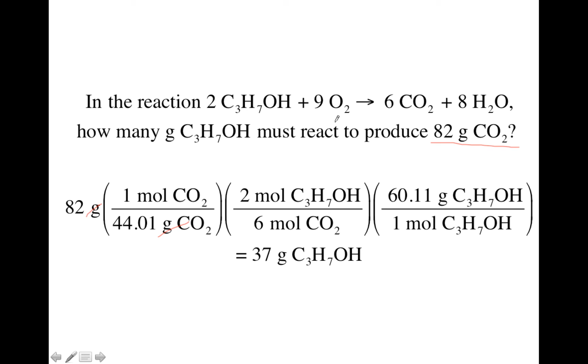Next step, mole ratio, the key step in stoichiometry. So we come up here. Our unknown is C3H7OH with a 2 in front of it and a 6 in front of our known, which is CO2. So we copy those numbers here for the mole ratio. Moles of CO2 are gone. And last step, use the molar mass to convert back to grams of